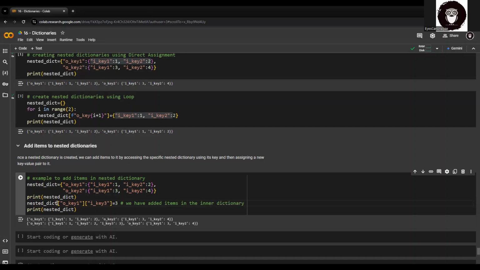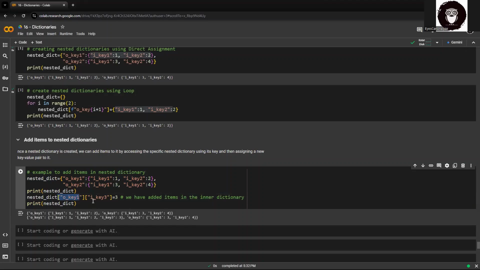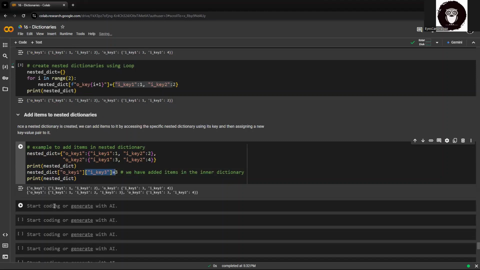Since this was the outer dictionary, we went into the inner dictionary and added the pair. Now, if I have to add values to the outer dictionary, what I can do is say